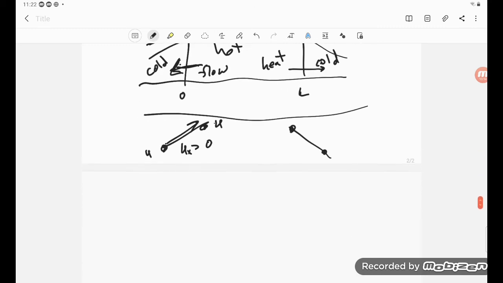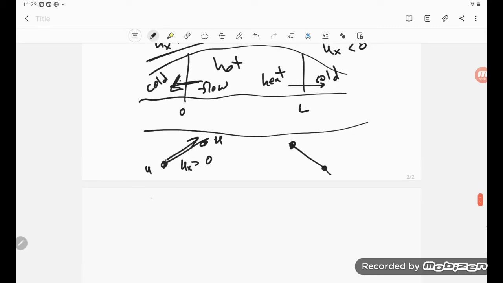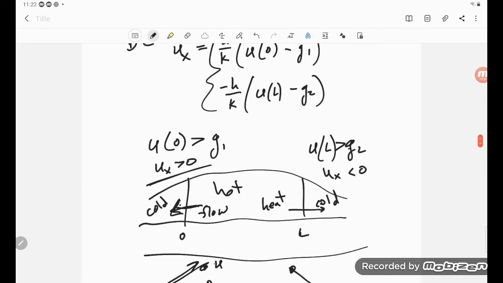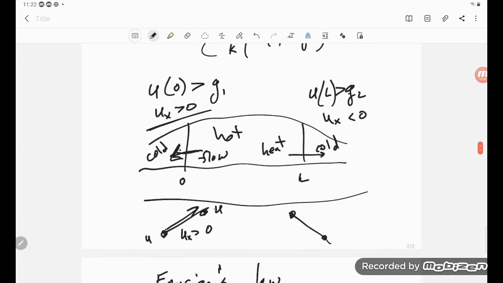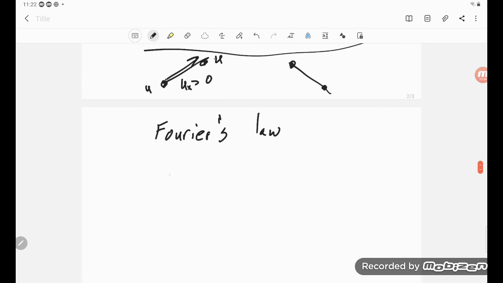Okay, and they're calling this Fourier's law. French, Fourier. Okay, so then they finally just finish it up with, typically they let h over k equal a